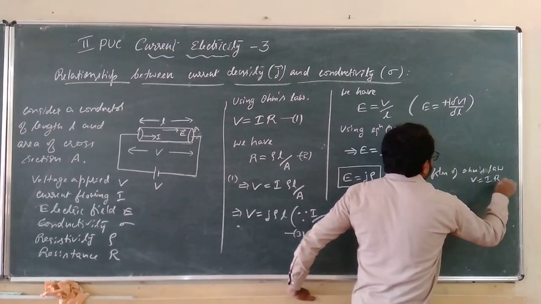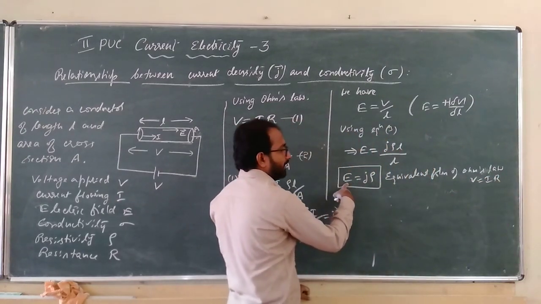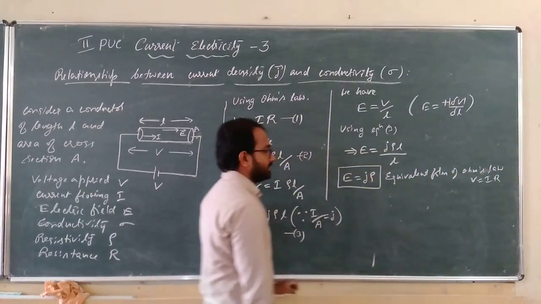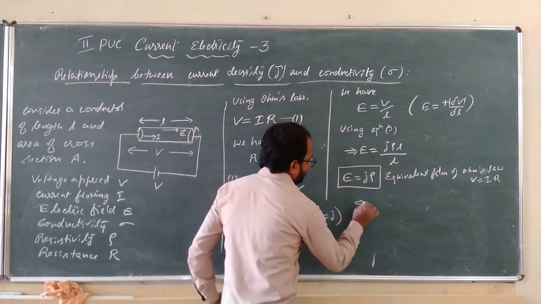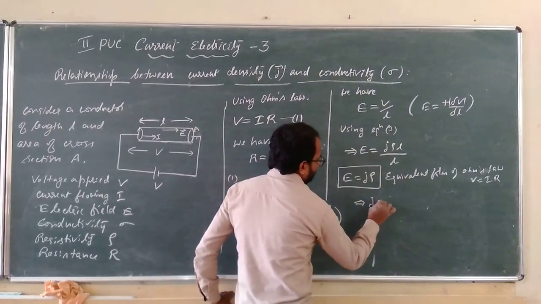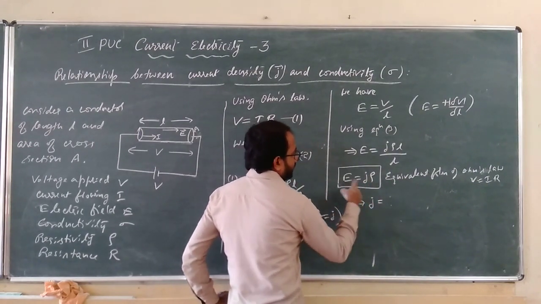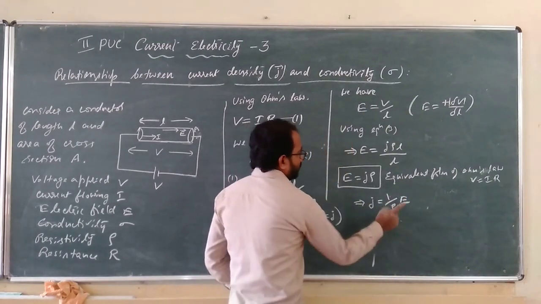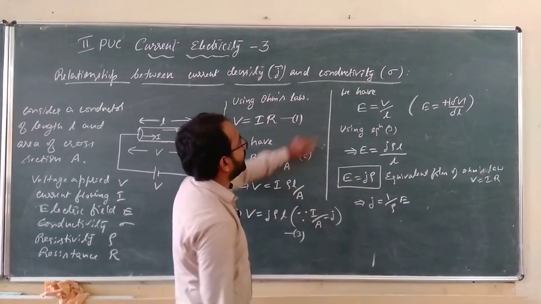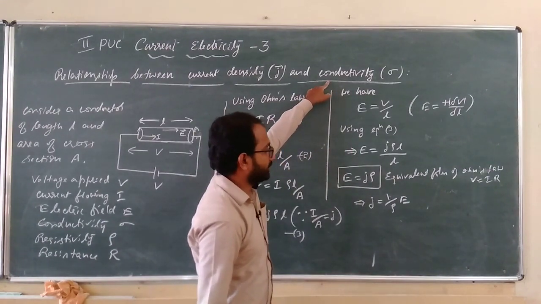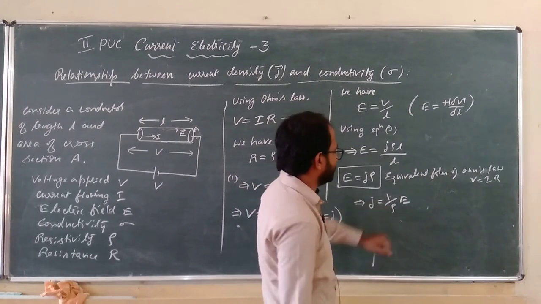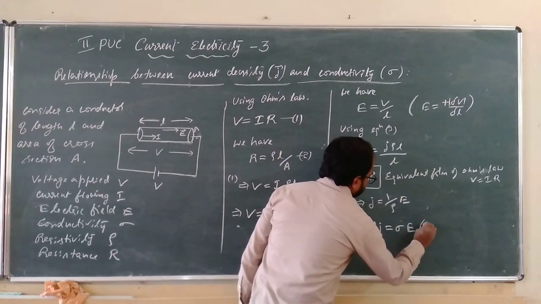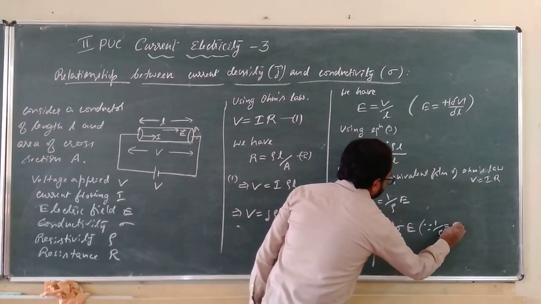Ohm's law is V is equal to IR. Instead of potential difference or voltage, we have electric field. Instead of current, we have current density. Instead of resistance, you have resistivity. So this can be written as J is equal to, take rho here, so that becomes 1 by rho into E. 1 by rho, the inverse of resistivity, is conductivity. We defined conductivity sigma as the inverse of resistivity. So therefore J is equal to sigma into E, since 1 by resistivity is conductivity.